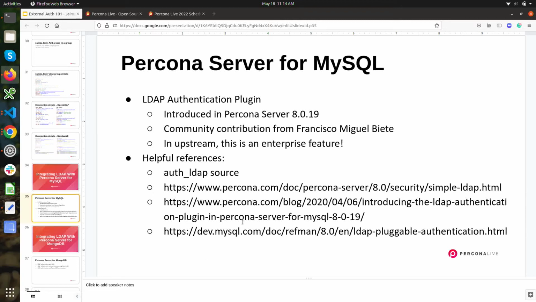But here you can get it from Percona Server for free. So when troubleshooting, you can take a look at the LDAP source. I did take a look at that to understand how group mapping works with this plugin. And of course, our documentation for simple LDAP and our blog article about introducing LDAP authentication, and also MySQL on